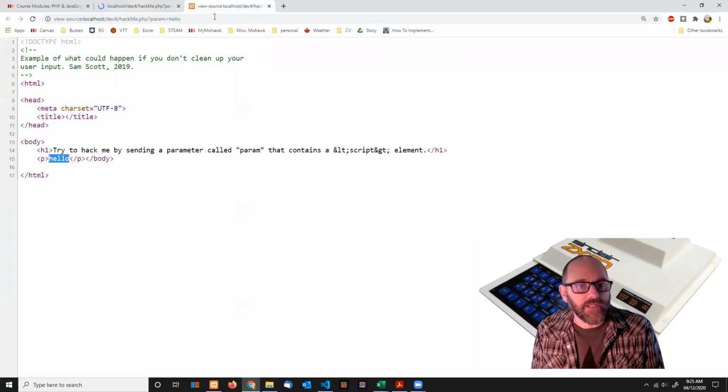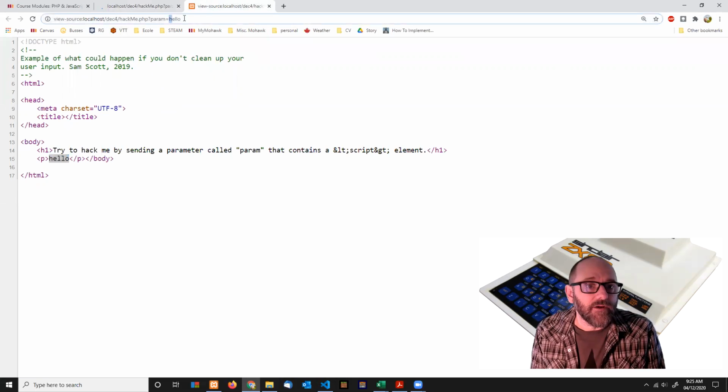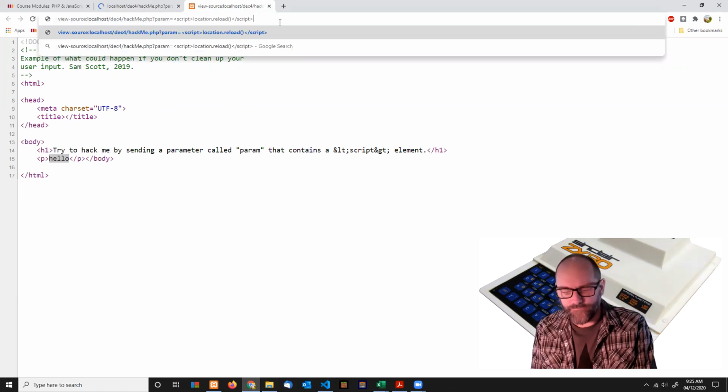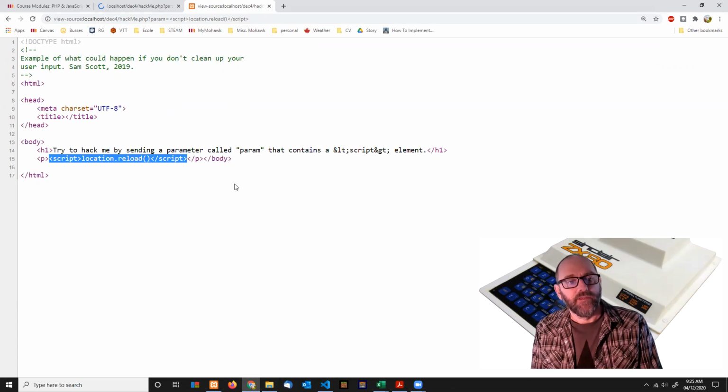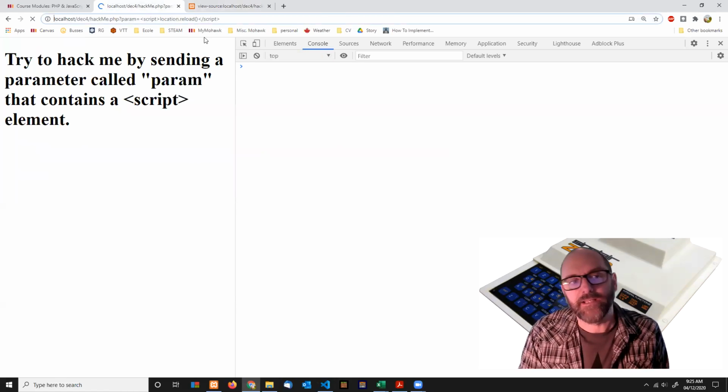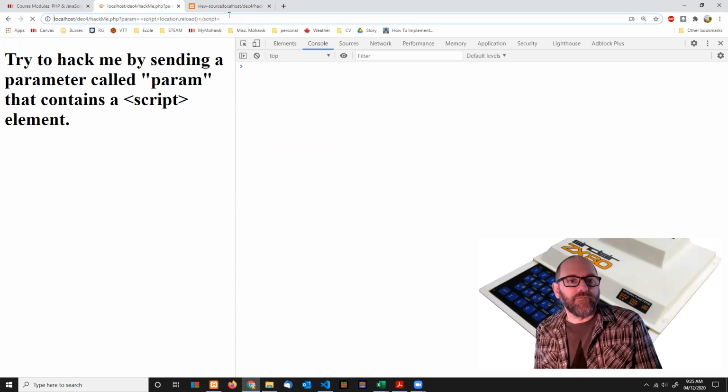If you want to see what it looks like in the code, if we go over here where I'm doing a view source, you can see, look, it just gets pasted right in there, which means that when the browser gets there, it's going to execute that script. Okay, so now this is pretty benign, like I said, but if you can find a JavaScript exploit of some kind,